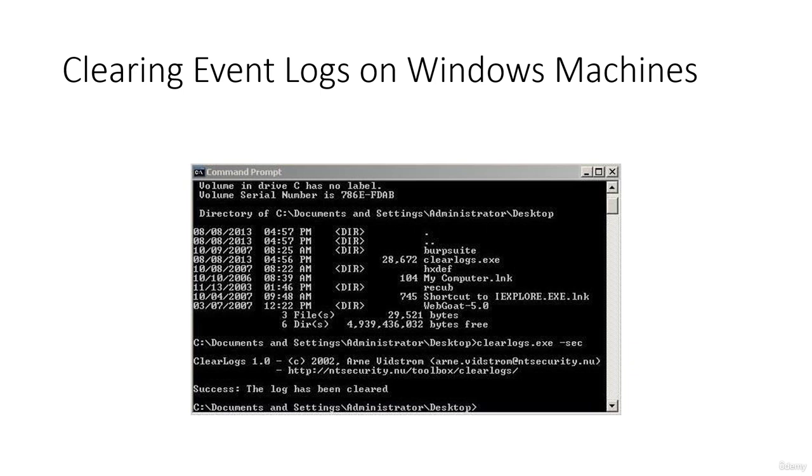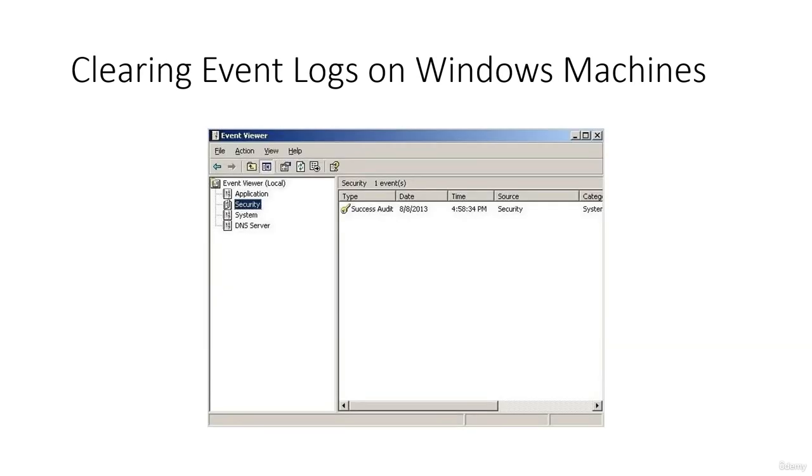Another way to clear the log files on a Windows system is to use clearlogs.exe. You can download it from Google. If we have physical access to the system, we can simply install it and then run clearlogs, and we can choose to clear the application and security logs. To clear the security logs, type clearlogs.exe -sec, which is security. Then we can go to Event Viewer and click on the security events. We can see that all of the security events have been cleared and there is no trace that we